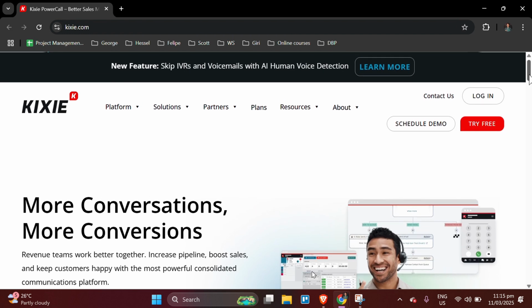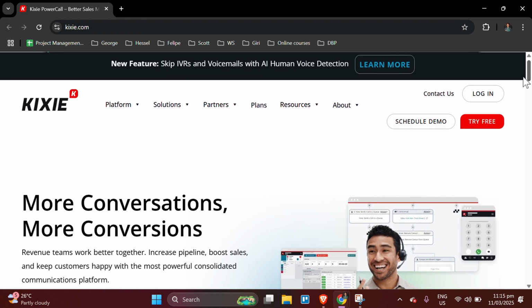Kixie PowerCall and SMS is a sales automation platform designed to improve sales team productivity by simplifying and automating phone calls and text messaging. It integrates with various CRM systems like Salesforce, HubSpot, and Pipedrive, allowing users to streamline their communication with potential clients. This tutorial will guide you through using Kixie to automate sales calling and texting, making your